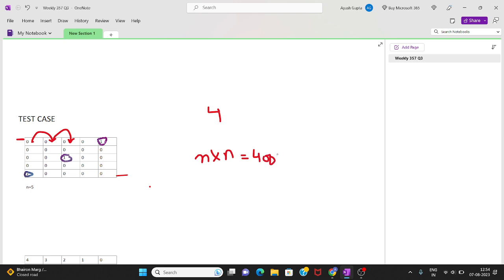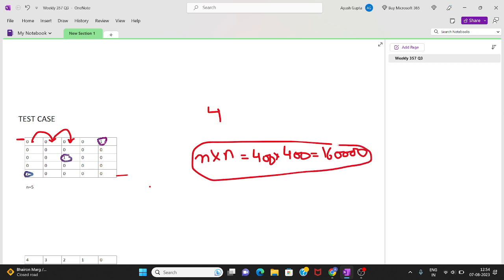This becomes 160000. So there can be this many cells.